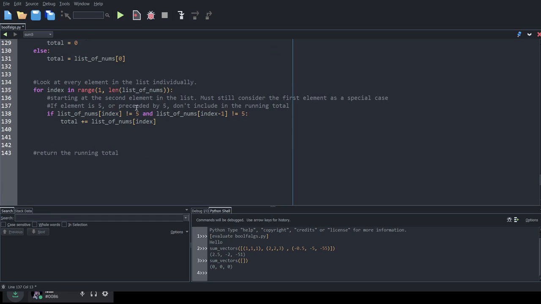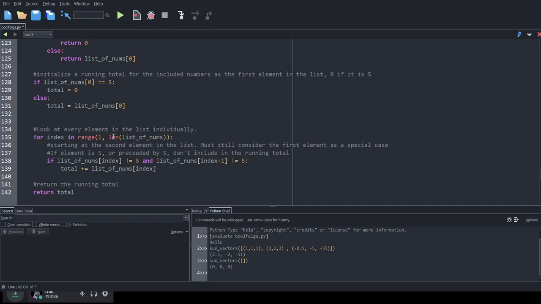Okay, awesome. So after we get through this entire list, our total is set up. So I think that means we're just good to return the total. And how do we do that? Well, return total. Shocking, right? It almost makes too much sense.